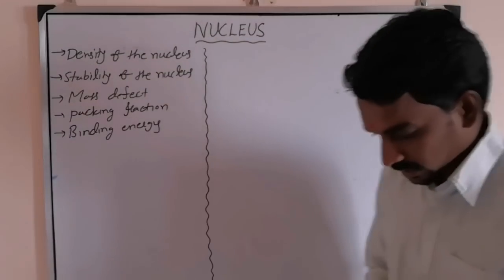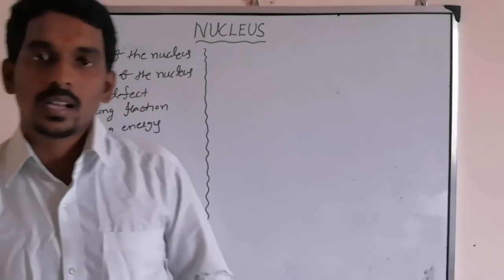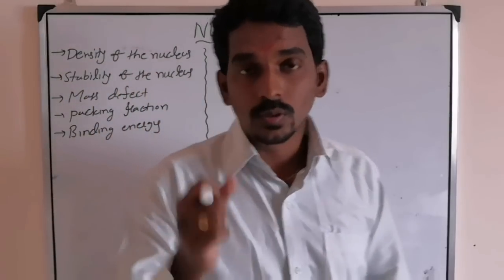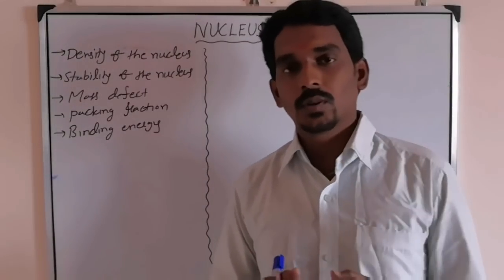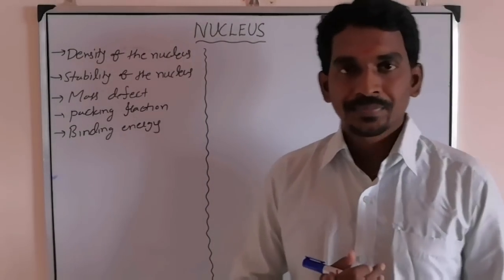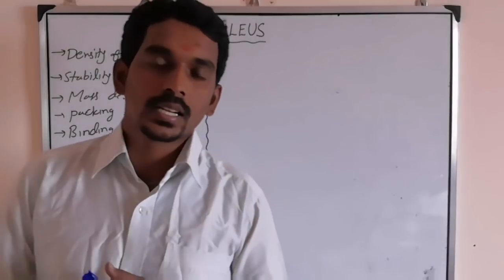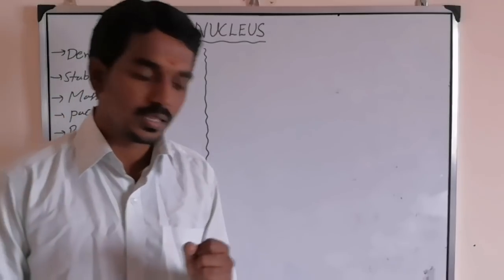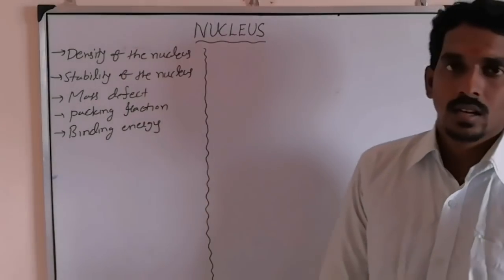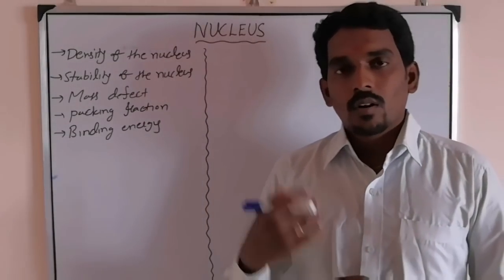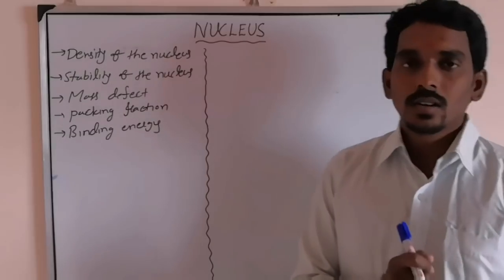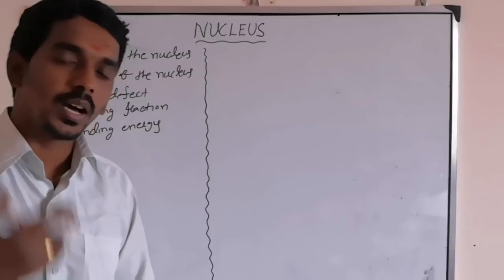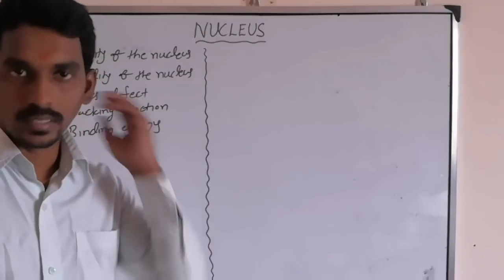Hi everyone. Yesterday, last class, we discussed the introduction to the nucleus, like the representation of the nucleus, ZXA, and what the constituent particles of the nucleus are, the nucleons. What are those nucleons? Protons and neutrons. And we found how to calculate the mass of the nucleus from the mass of the proton and neutron, if you know the mass of the proton and neutron.